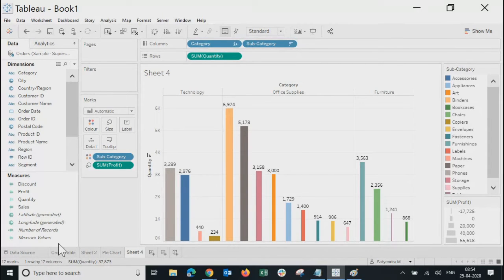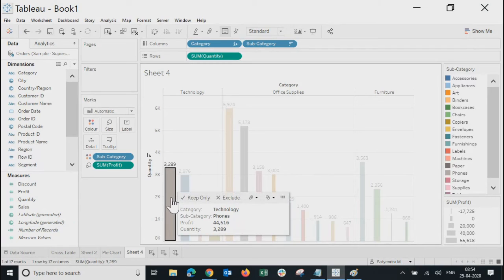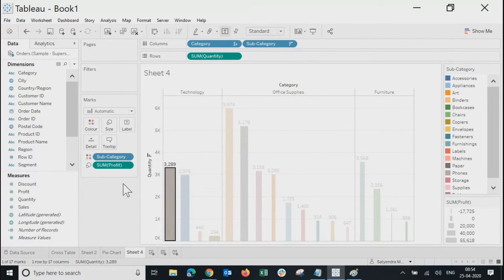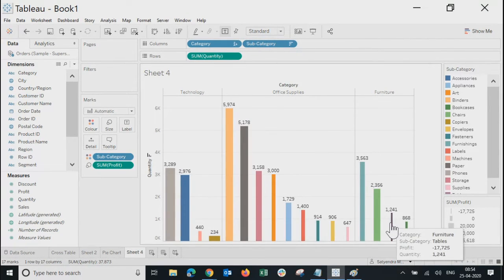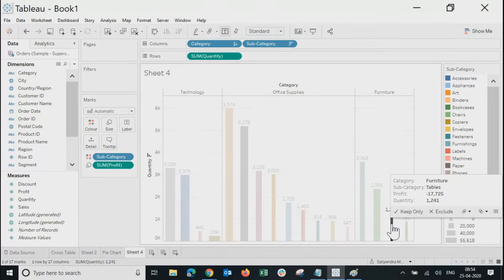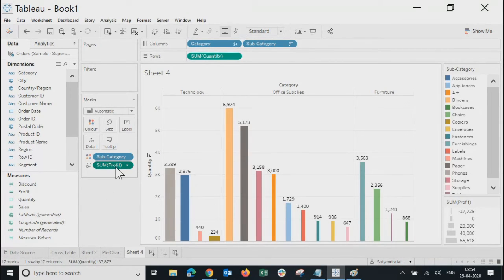Just click on sum of profit, right click and remove. Here, in the last sum of profit, the complete right side, where you can see like this, just remove it. Okay, you had it. If you want it back, then